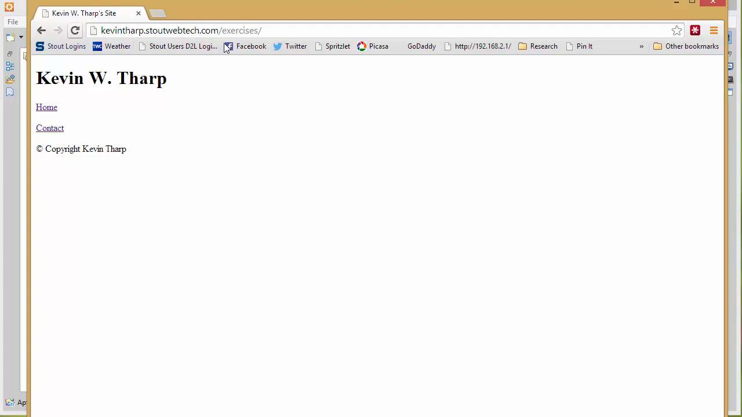Now when I come back to my browser, I want to look and see. So I'm on the exercises page now. I'll go ahead and reload that. You'll see that it changes to exercises, and it's got a link to the home page. From the home page, I'll reload that. It says Kevin Tharp home page, and then I've got a link to the exercises folder. So what I've essentially done is created links back and forth between the home page and the exercises